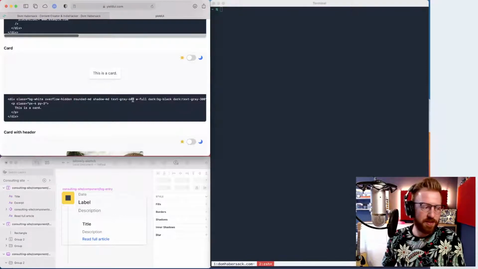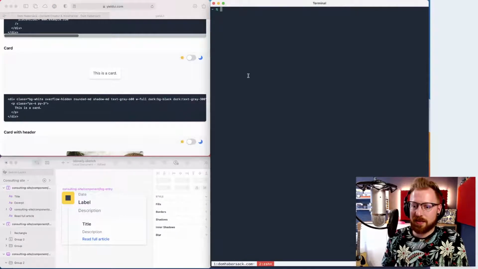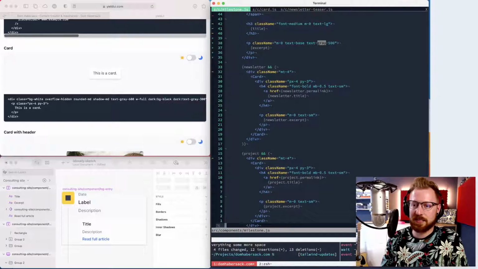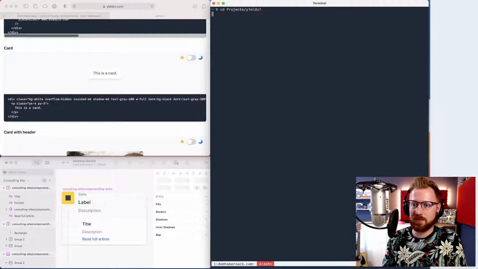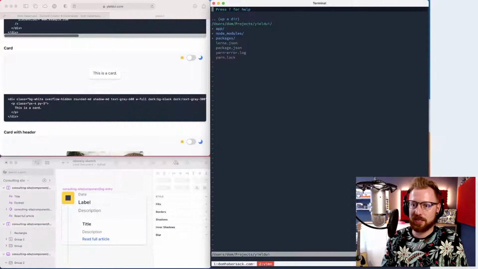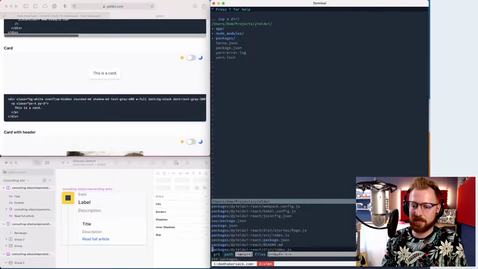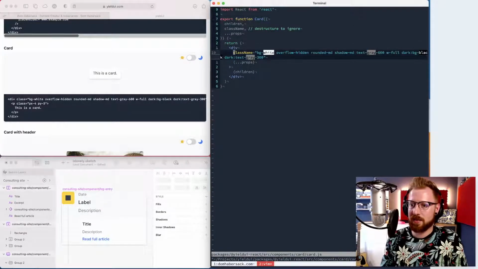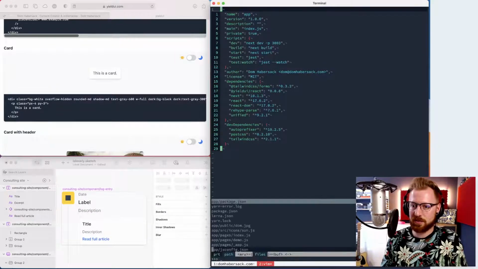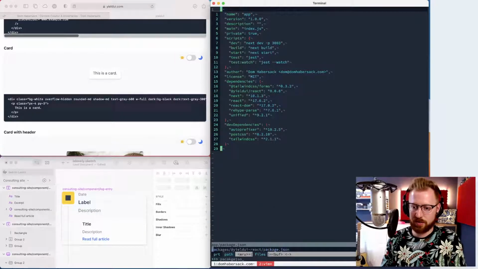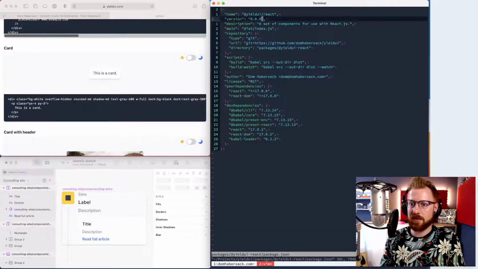What's the best thing I can do here now? I will keep that as is. No, I will have to change it. Damn it. Projects and Yield UI. Change it in the packages. So I have a card here somewhere. Card. I'll take the rounded out and shadow MD becomes shadow SM. Go to the package JSON. No, that's the app. Package JSON here. Update that to